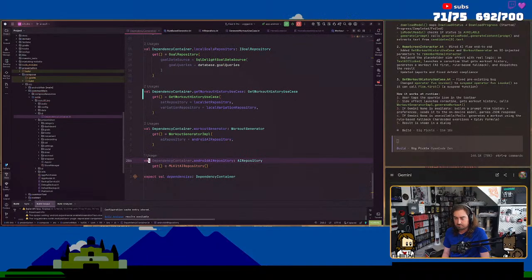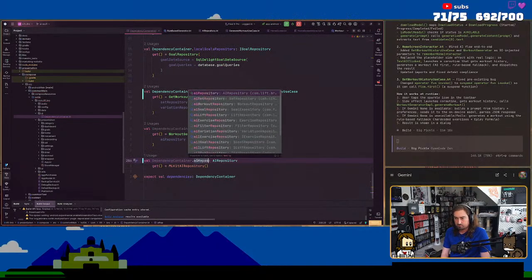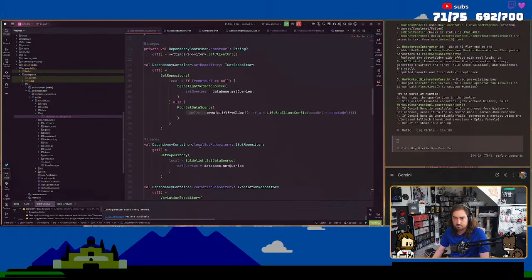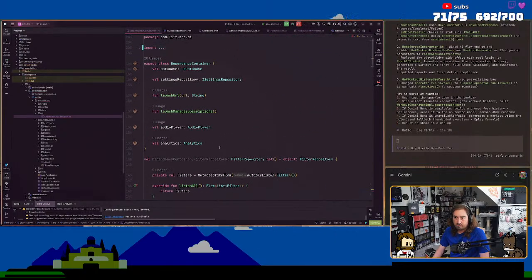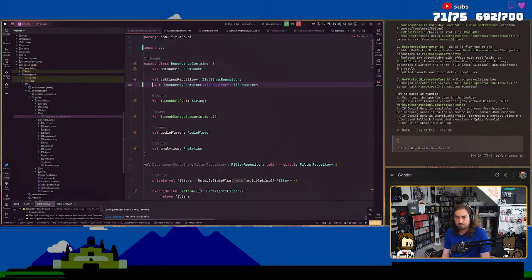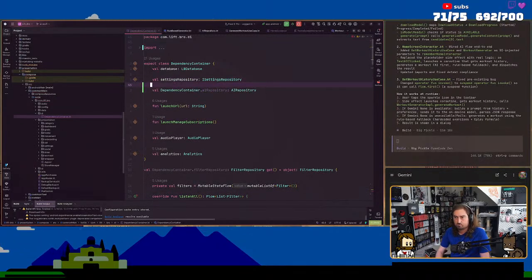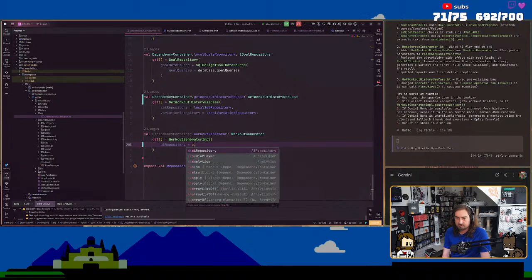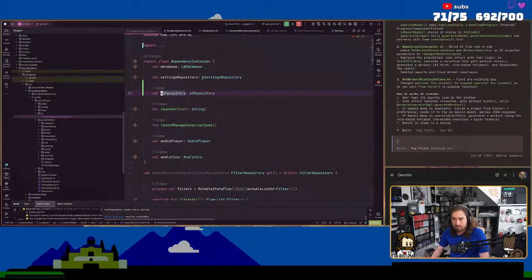Oh, wait, no, this just needs to be AI repository, and then this needs to be expect. And this goes up here. That goes here. So then we have the AI repository there, and this is just AI repository like that.